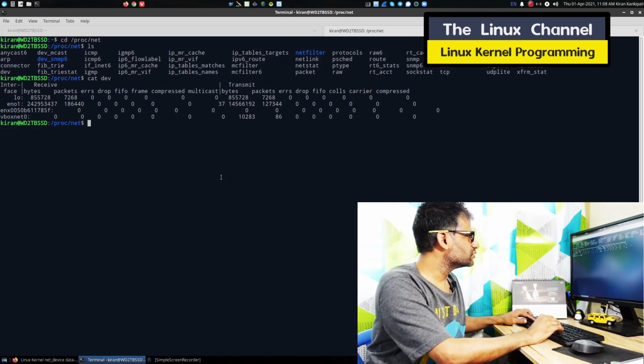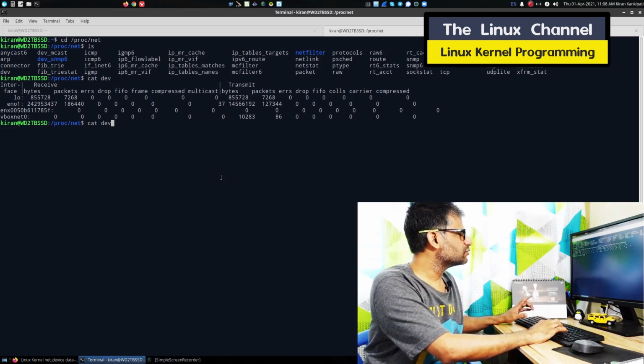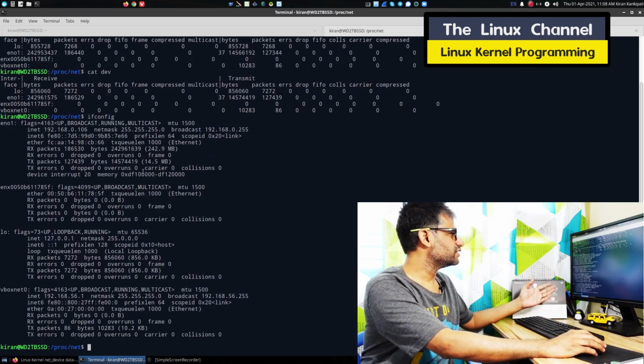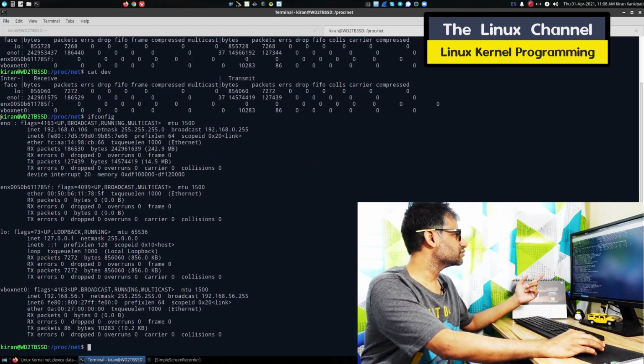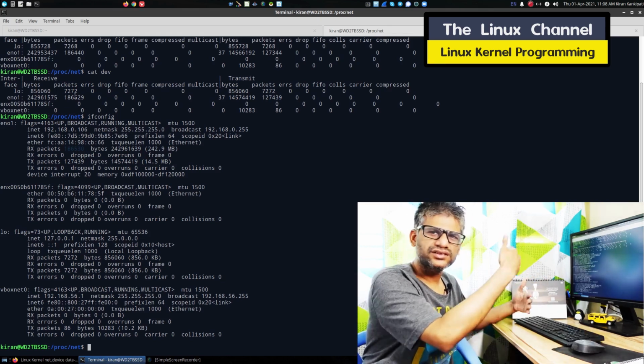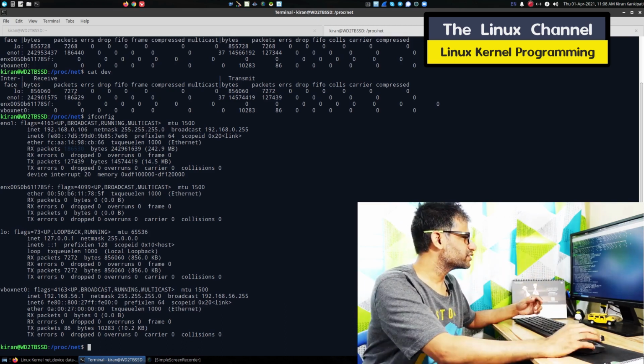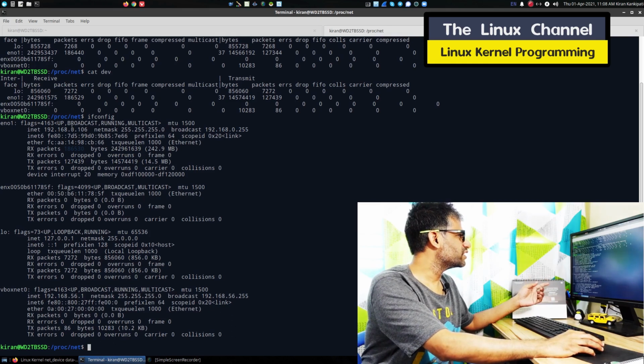If you do now once more cat dev and ifconfig, mostly both should tally. See, this eno1 is my Ethernet port. It has 186,530 RX bytes and it should match the number over here. You can see there 186,529. Since it's going to keep incrementing as any packets get exchanged, you will find that.